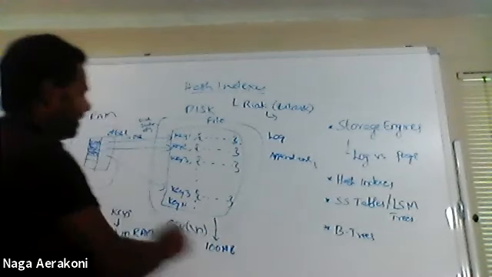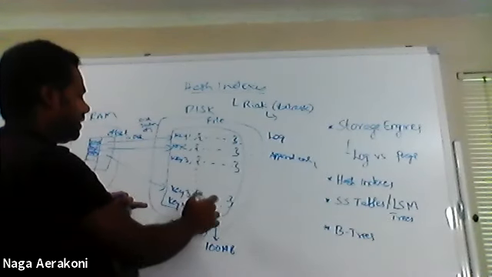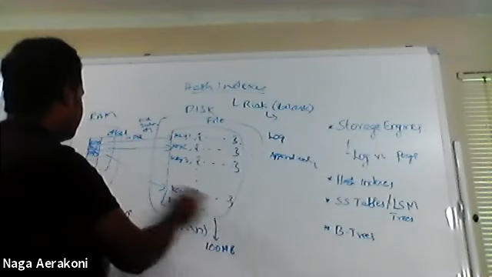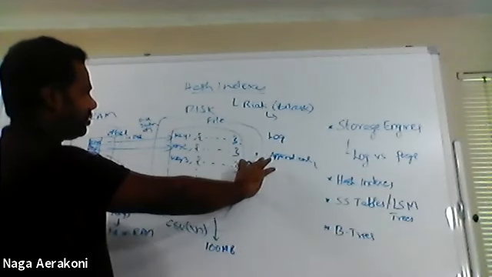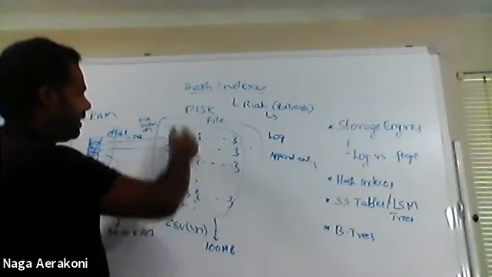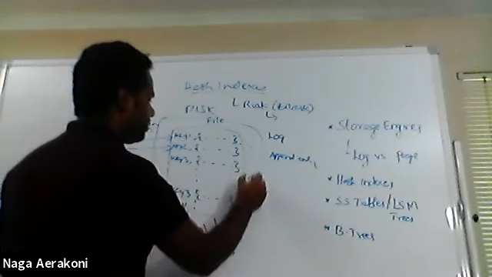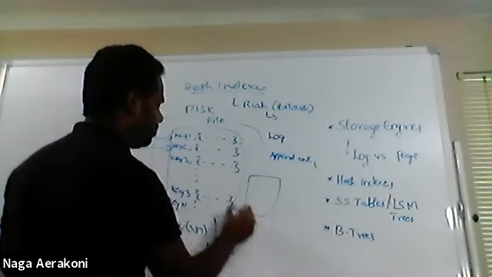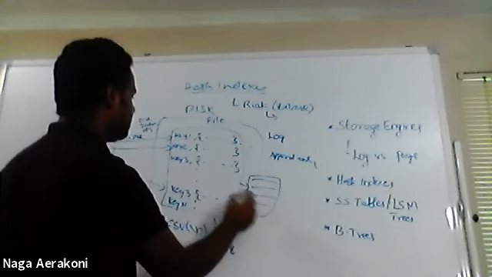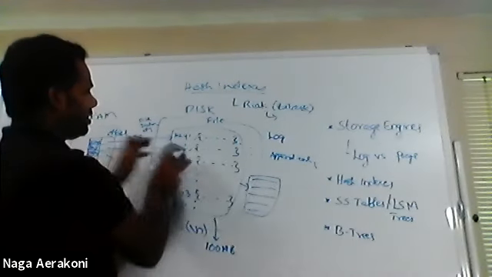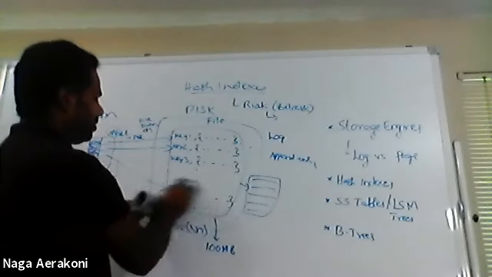Whenever it reaches this mark, we take this file and store it separately on the disk, and create a new append-only log file. This piece will be kept aside, and we will open a new one,